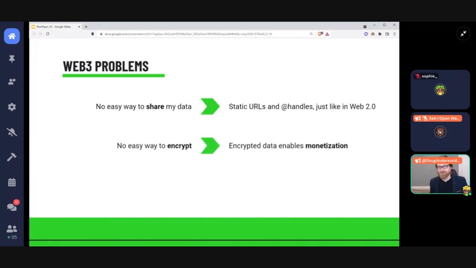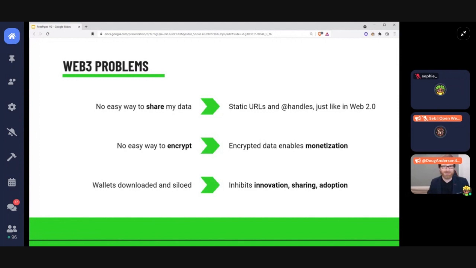Furthermore, if I wanted to put this information, my data or an app on the web, I can't encrypt it. There's no really easy out-of-the-box way to do that, which also prohibits me from monetizing my app. And also, if you found a way to encrypt it, the other stumbling block I ran into was you have to download an app, you have to integrate that specific app. They're very siloed, they're hard to extend, which is really inhibiting the innovation, sharing, and adoption.